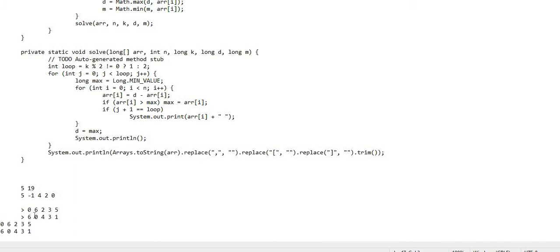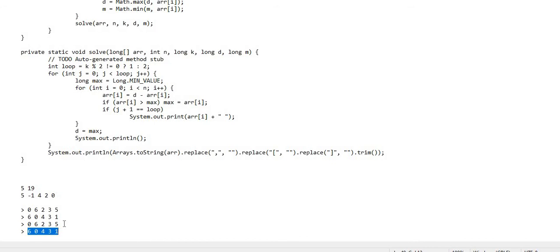Next time 6 is the greatest, so again we subtract array elements from 6, and for the next iteration the array looks like 6 0 4 3 1. For the third iteration we again calculate the max value d, and the array turns into 0 6 2 3 5, and for the next iteration it again becomes 6 0 4 3 1.